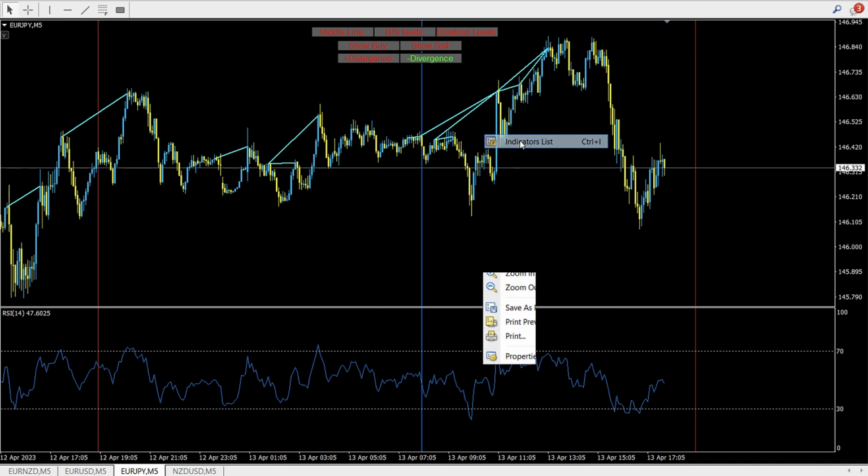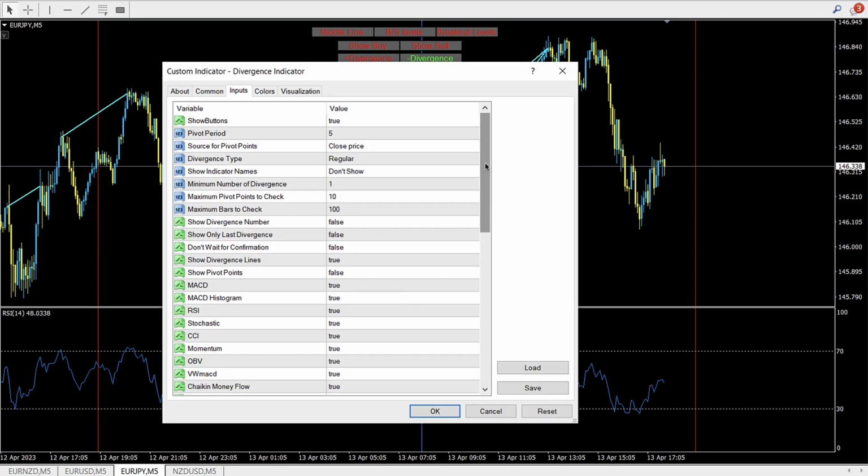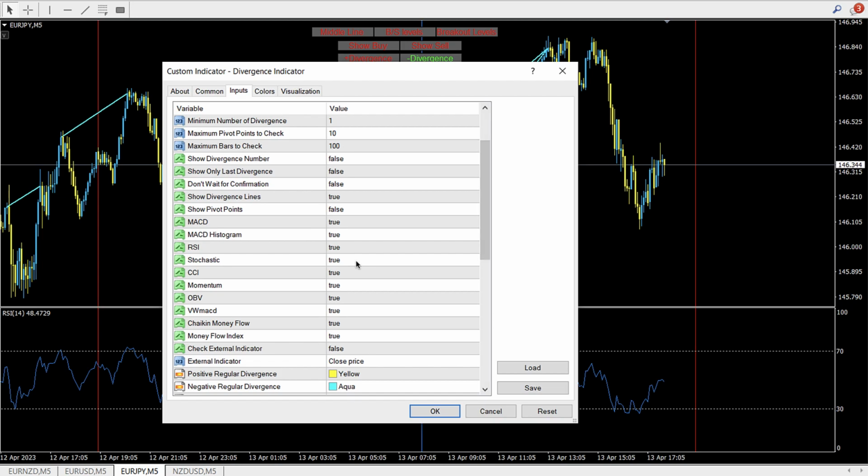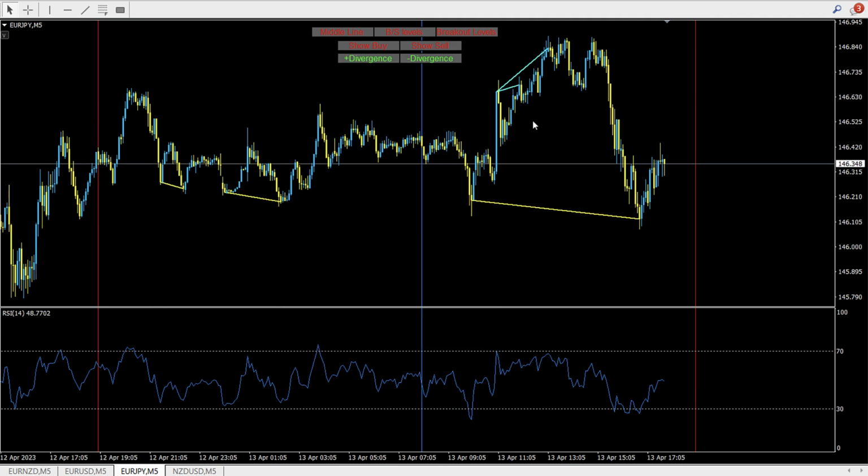So what are these oscillators? As you can see, here we have a list of all the oscillators. So if we want to see only the divergence on the RSI, then we can turn them all off, and then we will have just the RSI divergence. Now, if you want to find all the divergences that have formed on that price level, it's also possible. So here, as you can see, the RSI is showing that here it formed the divergence